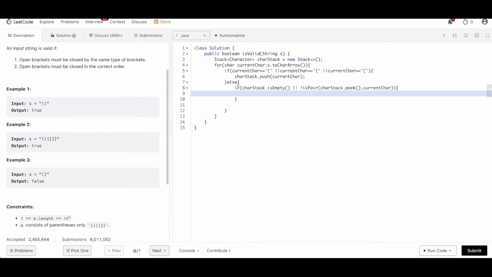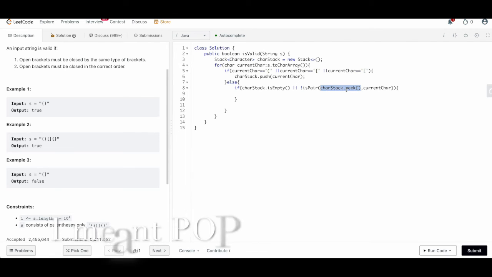Next we will write the else condition, and as we discussed, we have to check the pair from the last element of the stack. Here we are using peek first, because if we use poll, it will take out the last character from the stack, and we don't want to do that for now. So we'll just peek the stack, and this should be an opening bracket, and we will send this current character, because this is the else condition, so it will be a closing bracket. We'll call a function to check whether this opening bracket and closing bracket are of the same kind. So we'll write a function for this, isPair.